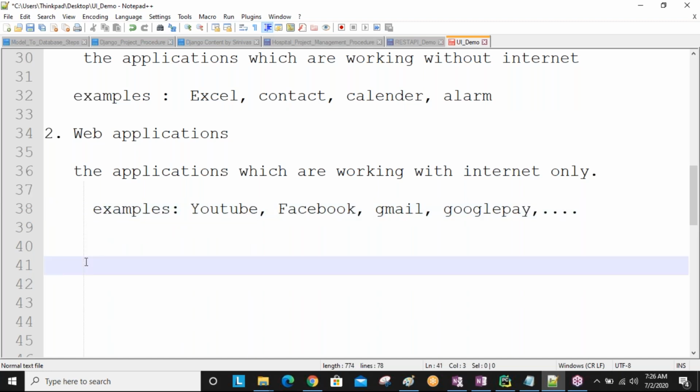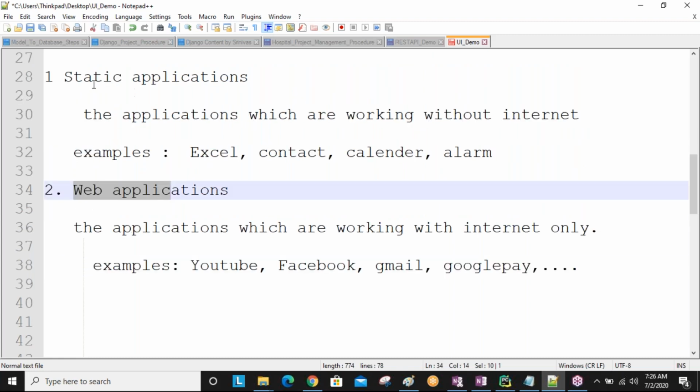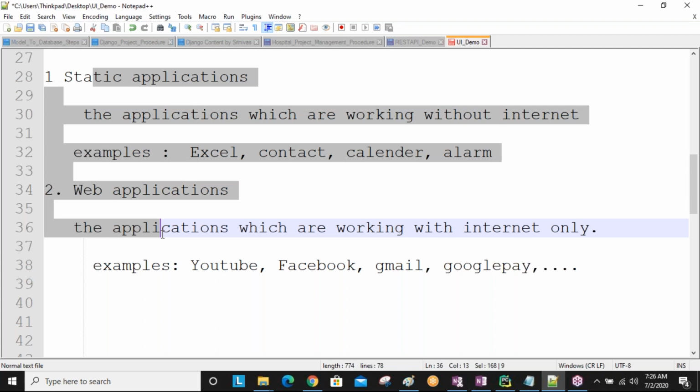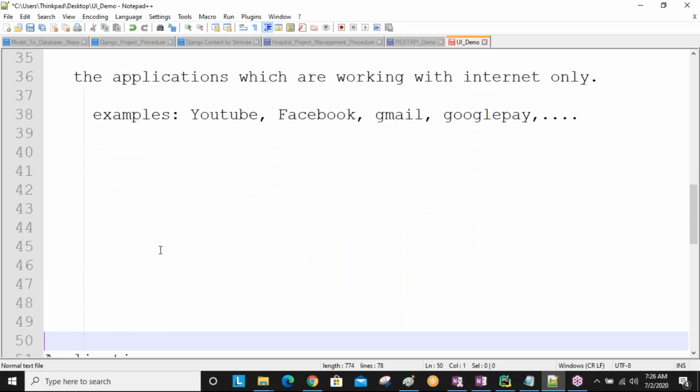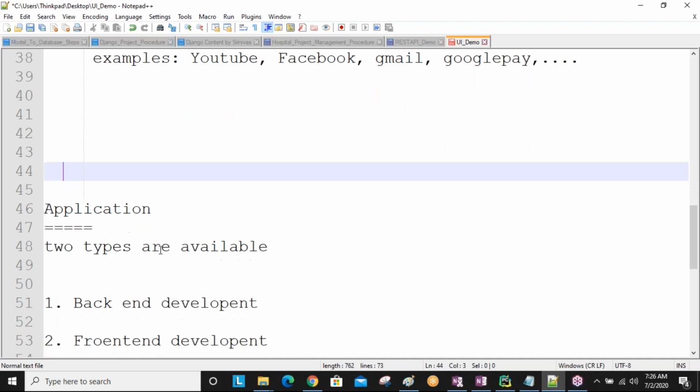If you want to develop any application, a static application or a web application, then two parts are required: a front-end part and a back-end part.